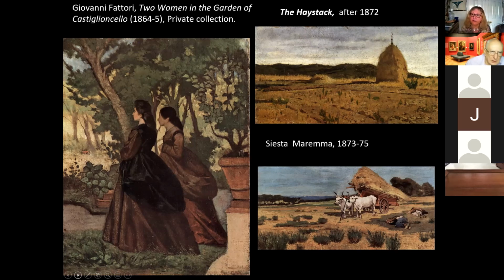So you could either go the bourgeois direction and be painting scenes of bourgeois life, or you could go to the peasant direction. This, of course, was the impact of the Barbizon school. So these are all by Fattori. The haystack is after 1872, and down below,